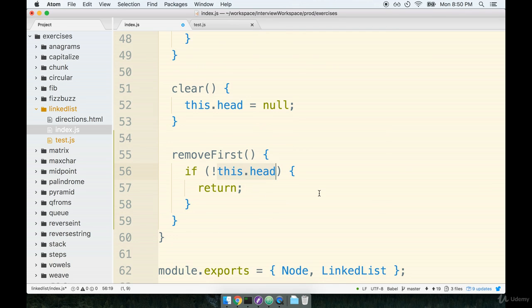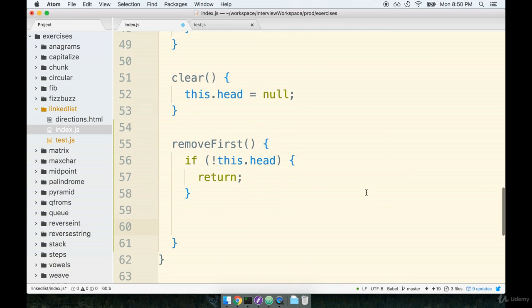to the head. Now, if we get past this if statement, then it means it's time for us to try to remove the first node. To remove the first node, we will very literally just update this.head to look at the second node. And we can get access to the second node by referencing this.head.next. So remember, this.head returns a node, and a node has a next property that points at the next node